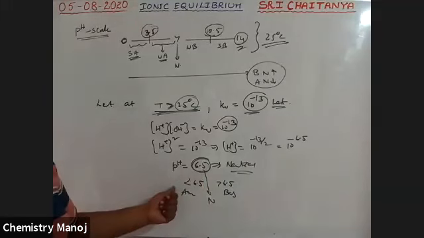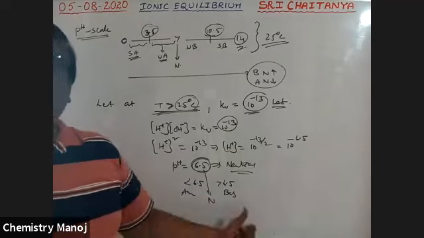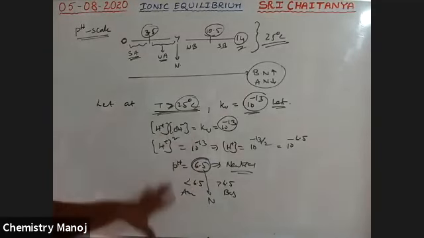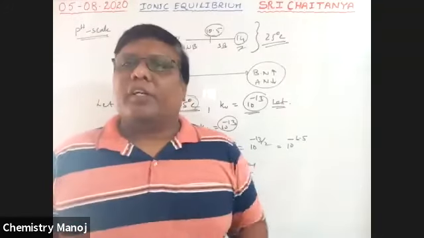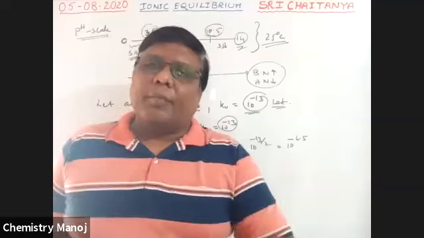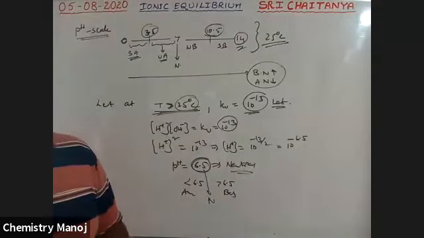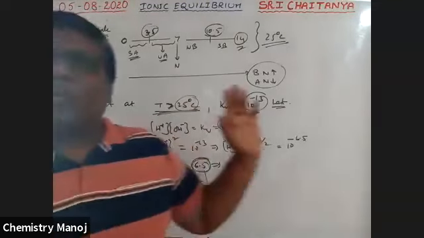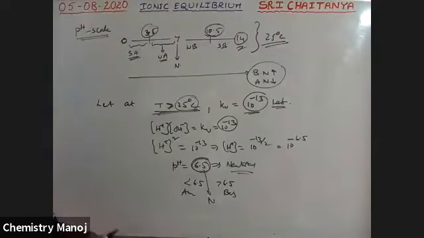Less than 6.5, it is acidic. Greater than 6.5, it is basic. So this is the way to express it. That means the pH scale also depends on temperature, because the pH scale depends on Kw. Generally at 25 degrees centigrade, the pH range is 0 to 14. So these are the pH conditions.